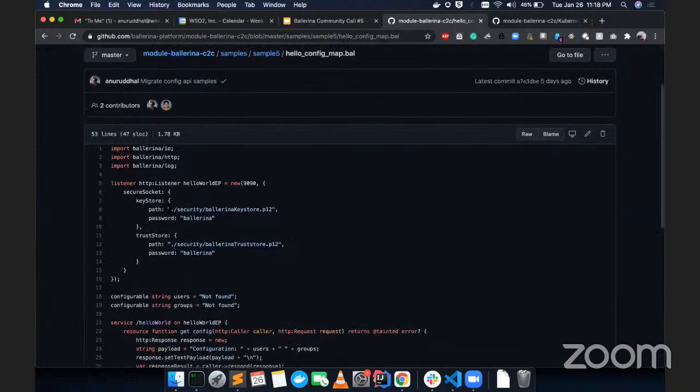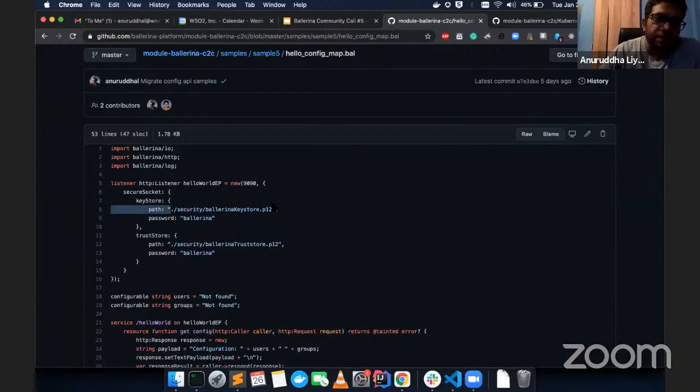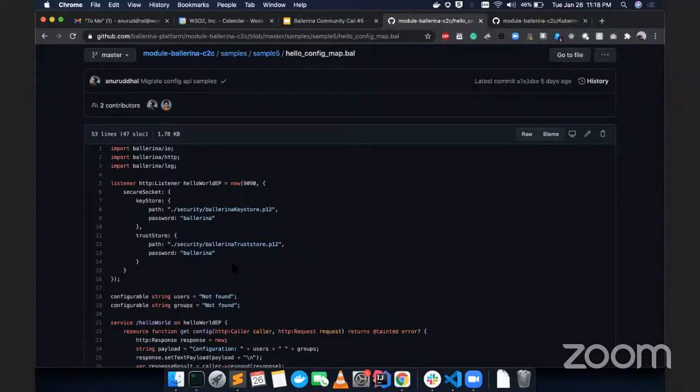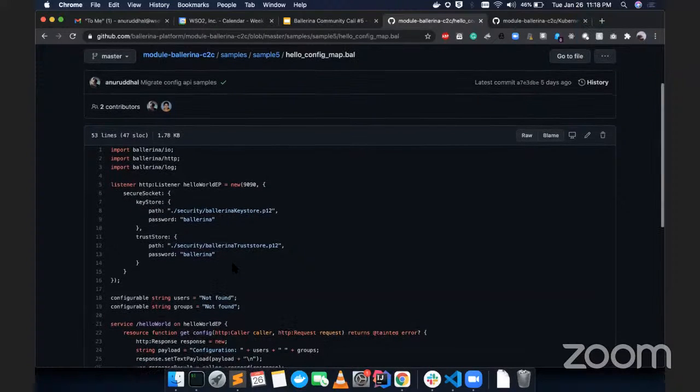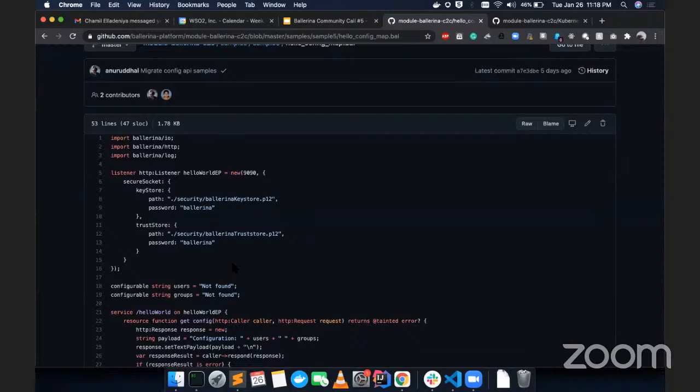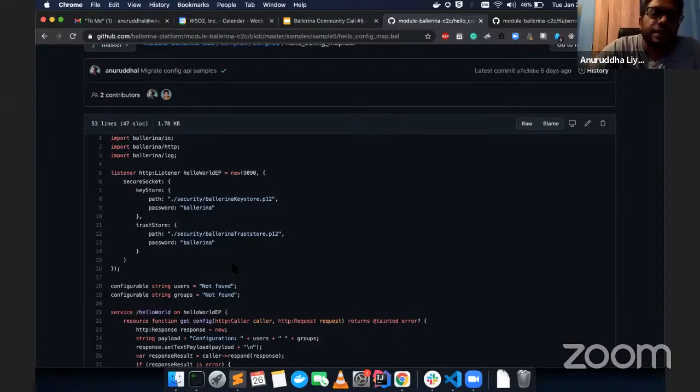This path will be created inside the pod along with this key store and trust store. Okay, thank you. So those will be mounted as volumes. Yes. A secret will be created for the key store and trust store, and those will be mounted as volume mounts to each pod. Okay.